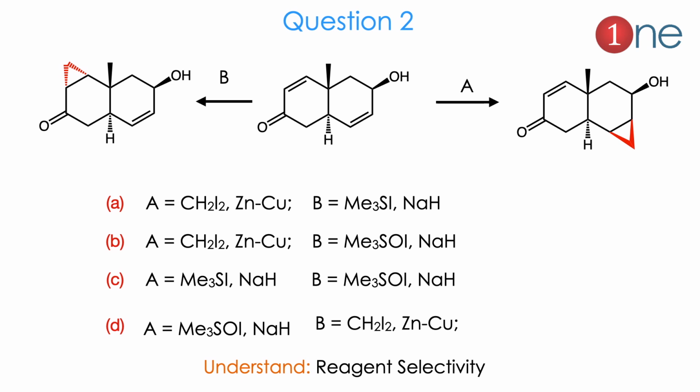Then the next question: the same starting material is given but 2 different reagents are used to get the product. On the A side, the methylation occurs in the isolated double bond. On the B side, methylation occurs in the conjugated position. So which reagent will you use to get the desired product? There are 3 possibilities given: methyl iodide and zinc copper couple, trimethylsilyl and sodium nitrate, and sulfonium ion also given. They are all ylides as well as zinc copper couple. Here you have to know the reagent selectivity.